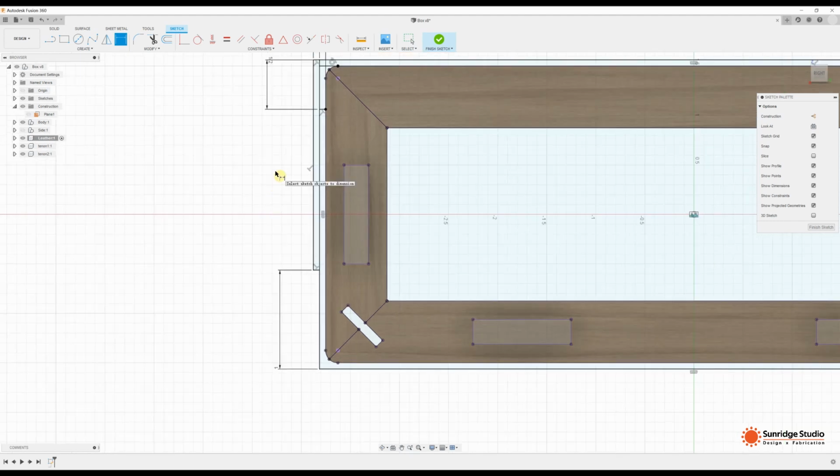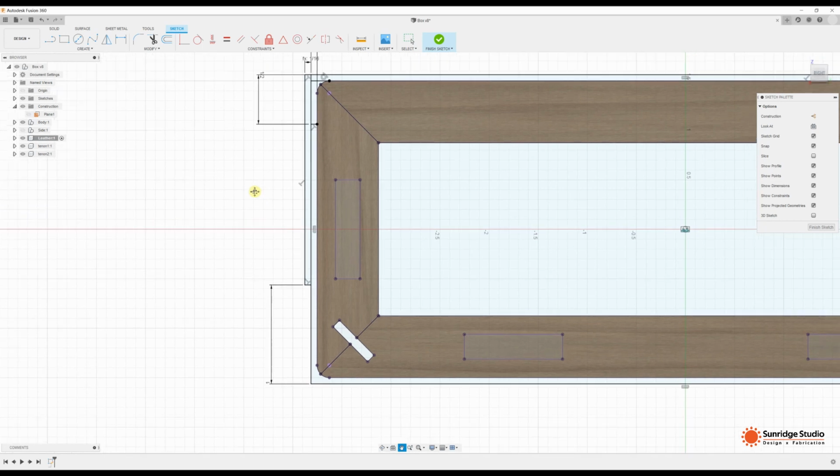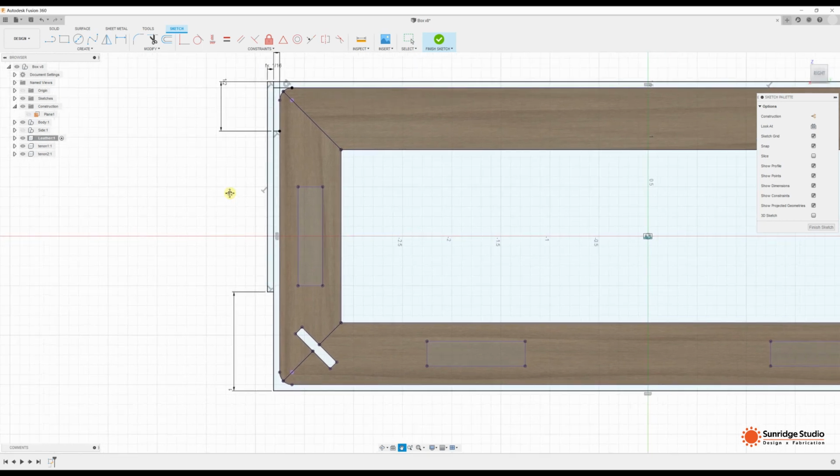Yeah, that's basically the rough shape of our leather,